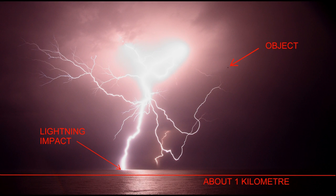I reckon the lightning is almost 2 kilometers offshore. The red line there at the bottom that you can see, I estimate that's about 1 kilometer, and I'm assuming that the object is somewhere in between. Now that makes it about 1.5 kilometers offshore, which makes the object about 15 foot high. Now I used a photographic diagnosis program, and it came up with the same result, about 15 foot high. Whether this is a UFO or not, this is the photo that got me started,